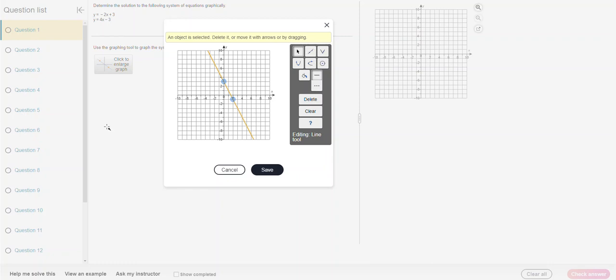To graph that second line, I have to go back to this. So I'm going to click this. Now it says plot your first point. So I'm going to plot 0, negative 3. 0, negative 3 is here. Notice the little box around 0, negative 3. When I click, I get another line that I need to move, and I need to pick another point